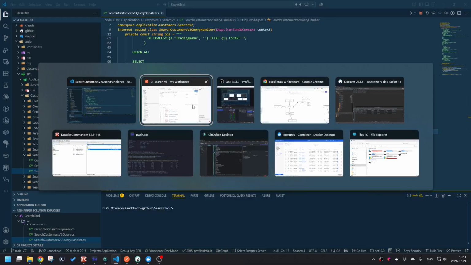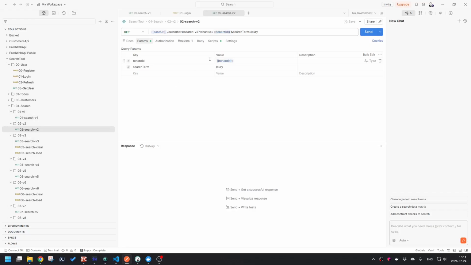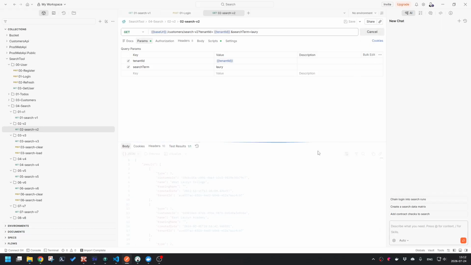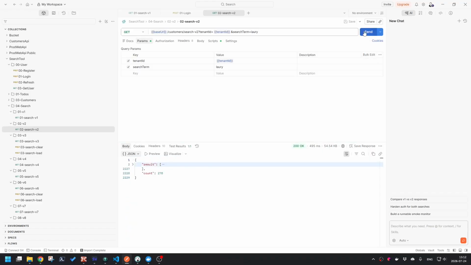We can verify this request in Postman in search v2, same data set, same search statement. If we try to execute, we can see that this improvement alone already shaved like 10x from our latency. Currently, response time is half a second. Very good improvement. Same amount of result data. Everything works, probably we can stop here, but